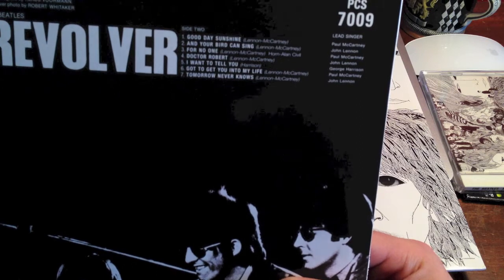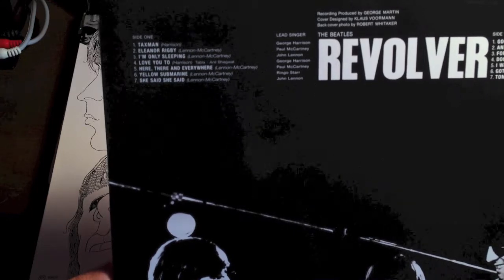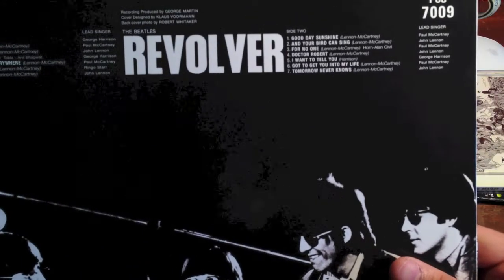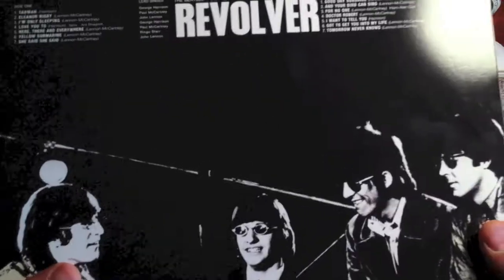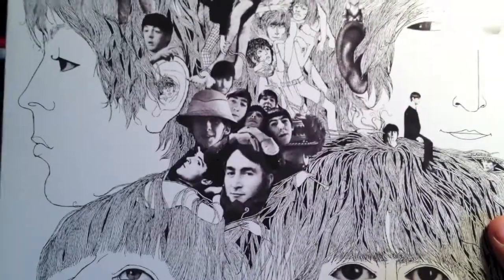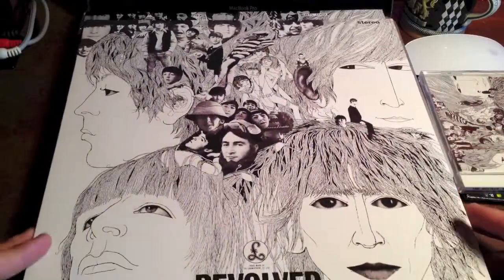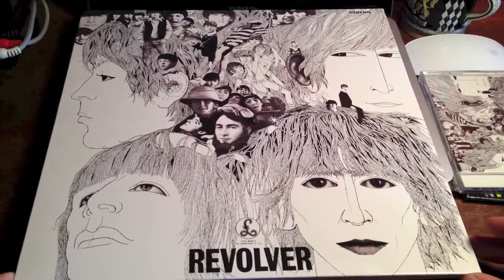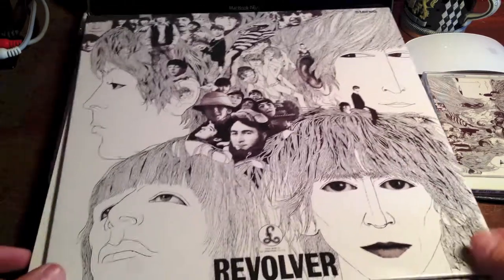Now on the American release of this album, a lot of the John songs, such as I think She Said She Said, And Your Bird Can Sing and Doctor Robert, were omitted from this album and put on Yesterday and Today, which is a shame, because I didn't like that they ripped everything apart for the American releases back in the day, but whatever, that was like 50 years ago, so who cares. Anyway,